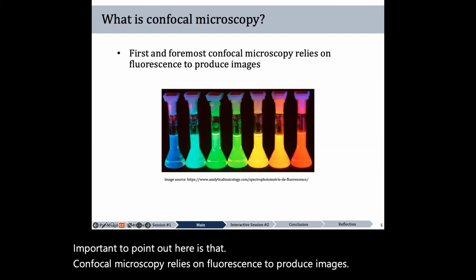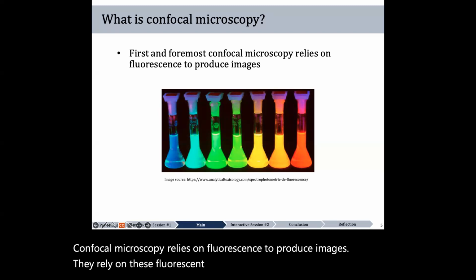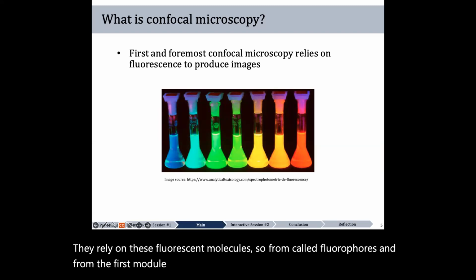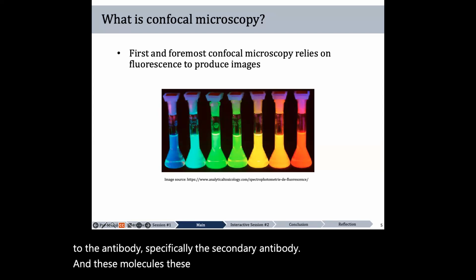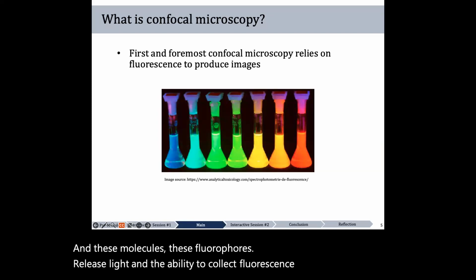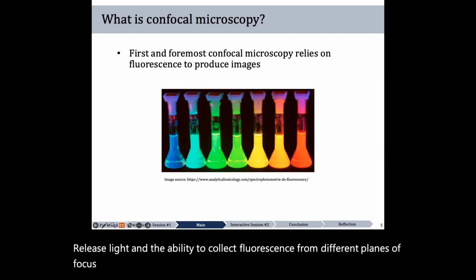They rely on fluorescent molecules called fluorophores. From the first module, you'll remember that the fluorophores are usually bound to the antibody, specifically the secondary antibody. And these fluorophores release light, and the ability to collect fluorescence from different planes of focus that you're interested in